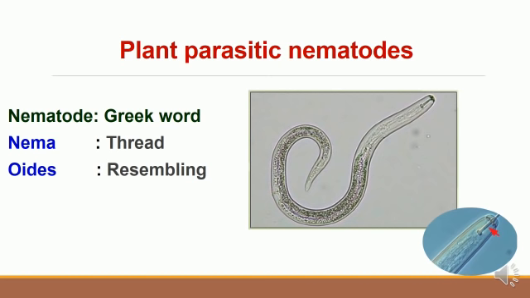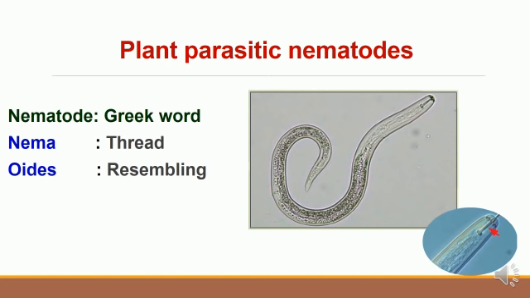Now we will move on to plant parasitic nematodes. Nematode is a word derived from the Greek language meaning resembling a thread. The study of nematodes is called nematology. Generally, nematodes don't have eyes or teeth. Instead, in the head, they have a hollow mouth spear that resembles a hypodermal needle, which we call a stylet, which I explained in the introduction slide itself.